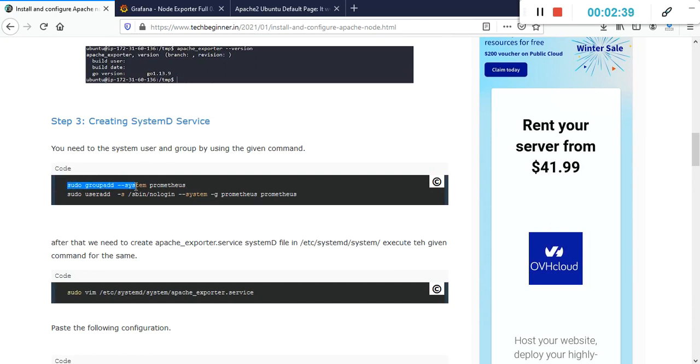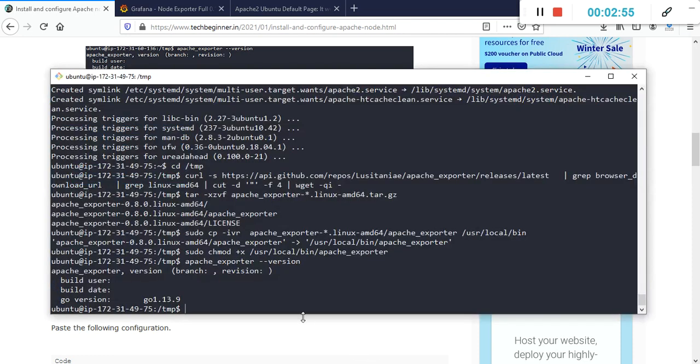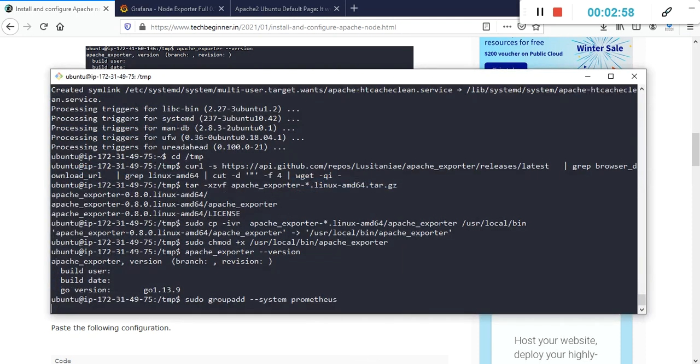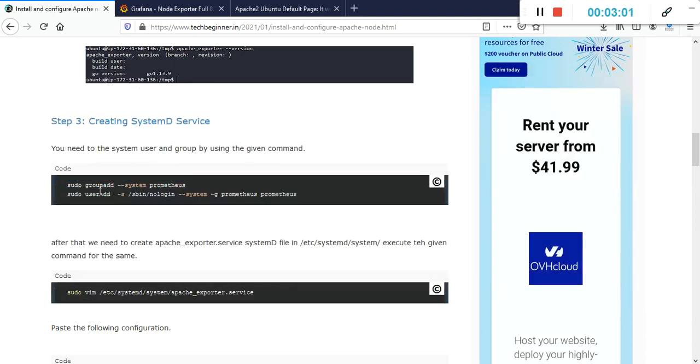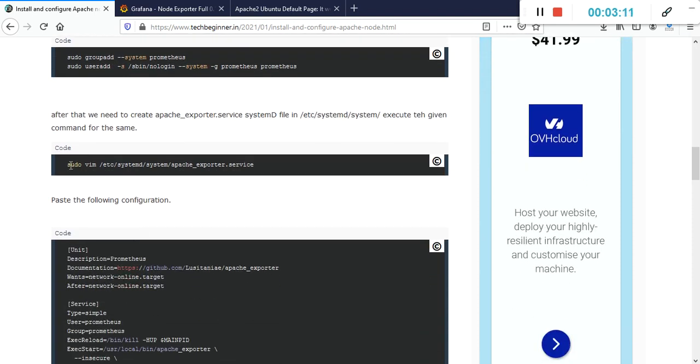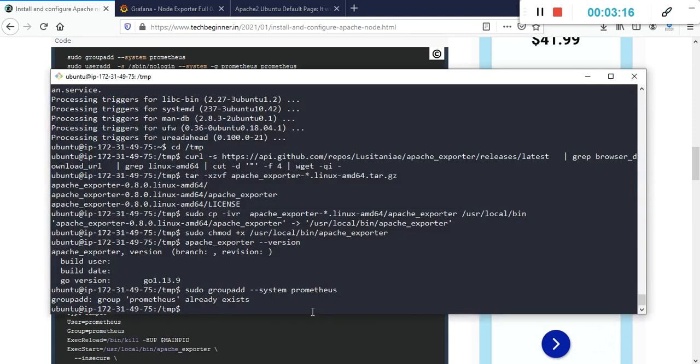So here we need to execute this command, but as I informed you that we are using the same node for the demonstration of Apache. So this user is already added. If you're going to add this, you will get this type of error, already exists. So we can skip this, but if you are using another server, you need to execute these two commands to create the user and after that we need to create the systemd file using this command. Just copy and paste here,